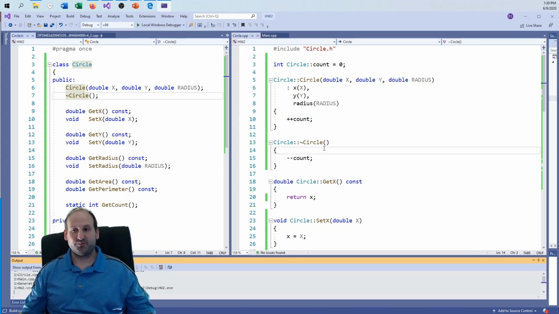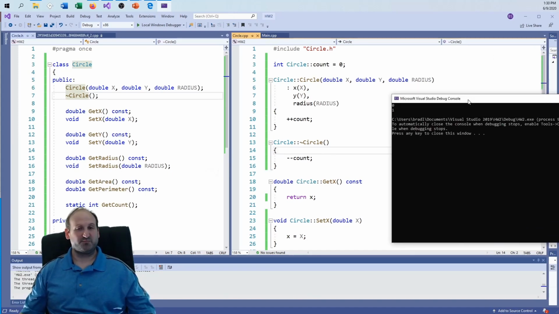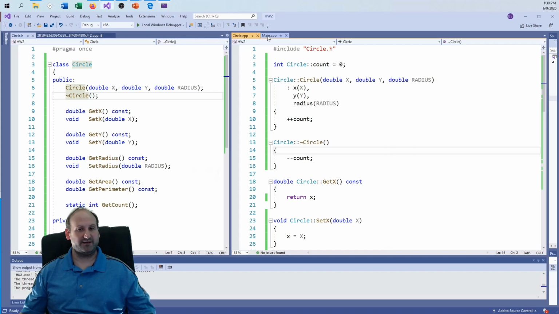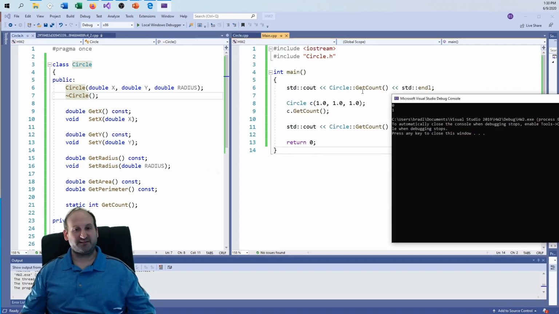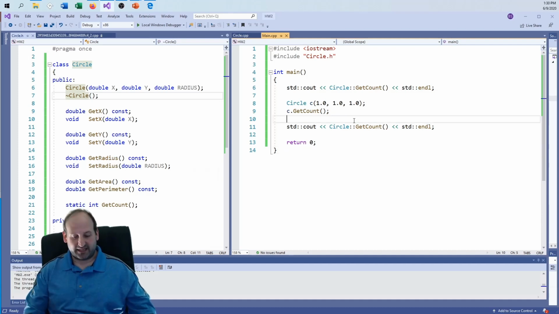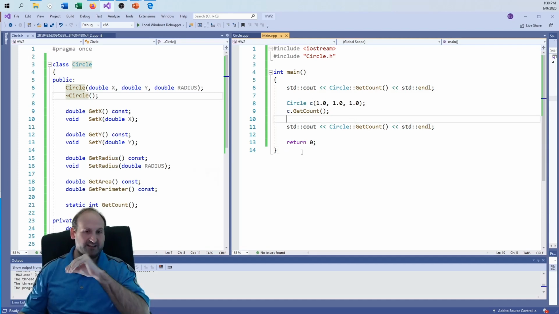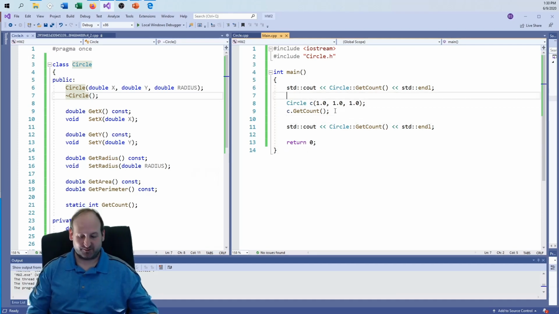So now, at least now, you can see no more laughter. Now it's more serious because it started out with 0 in the main, and then it started out with 0, and then after I created it and I get the count there, I can get 1. And so it's hard to show this in main, but if I jam this around,